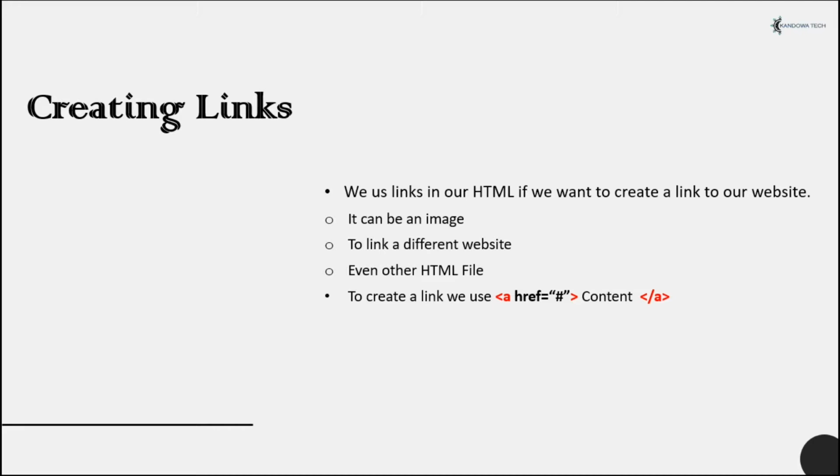So, why do we use links, or how do we use links? Well, like the word itself, we use links if you want to create links to our website. It can be if you want to link an image, or when you are creating a gallery or something. So if you want to create a link to some images, you can use a link tag. Maybe if you want to link to a different website,